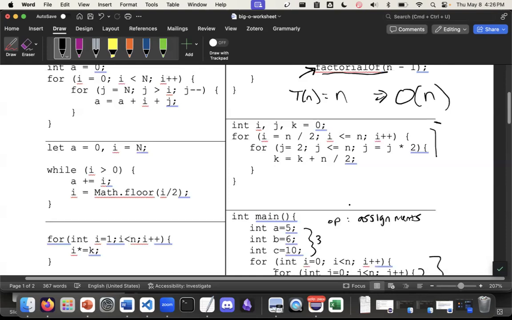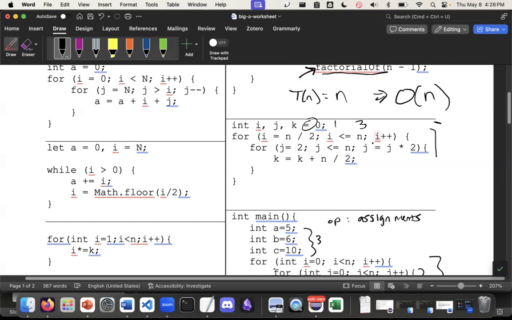We could go for assignments again. We could go for some other arithmetic. Let's keep it consistent and do assignments. So here, depending on how you count, it's maybe 1 or it's 3, because we're assigning 0 to 3 different variables.